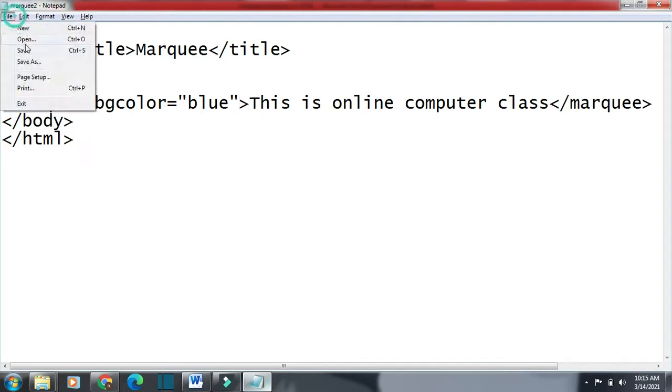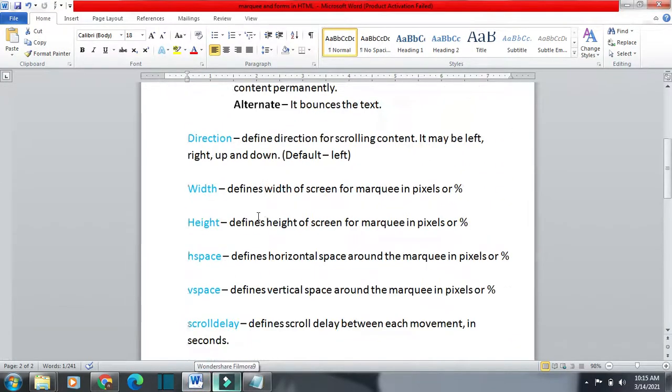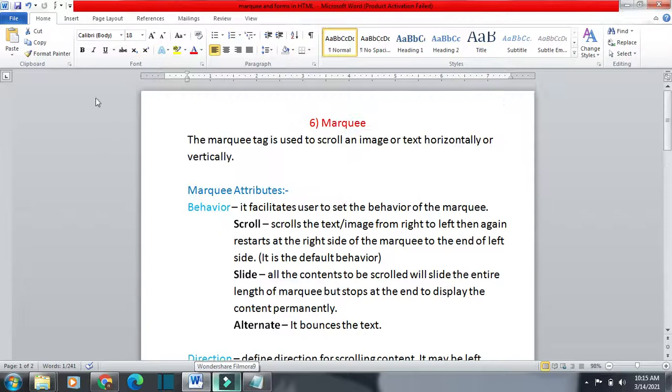I will save it, and then you can see only for the marquee the color will change. You can see the color has changed for the marquee only. Means background color for marquee we have changed. So this way we have discussed most of the attributes of the marquee and how marquee works.